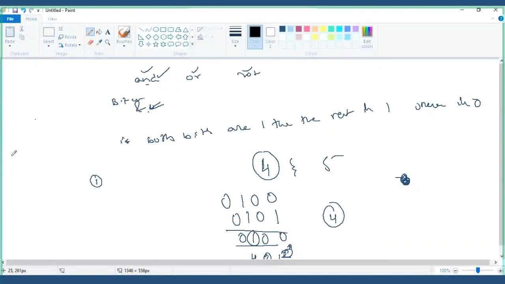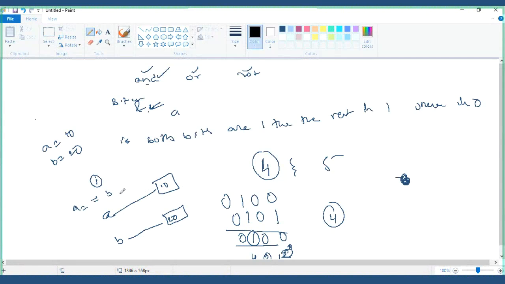Now, A is equal to 10 and B is equal to 20. Where will A store? A will be referring to 10, correct? B is referring to 20. Now, A is equal to B: I'm talking about the value of A and the value of B. Are both the same or not?